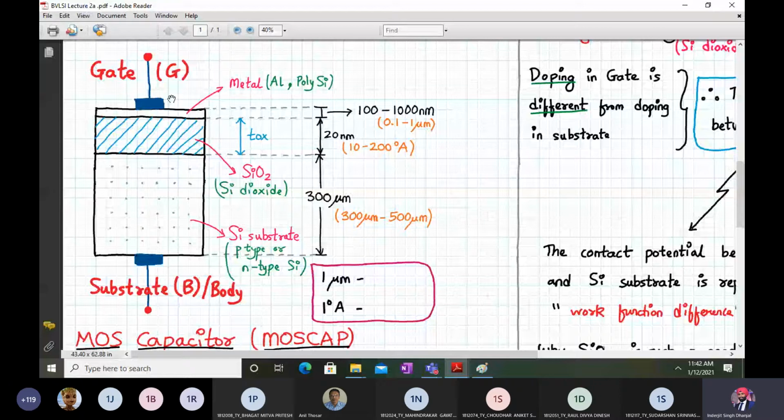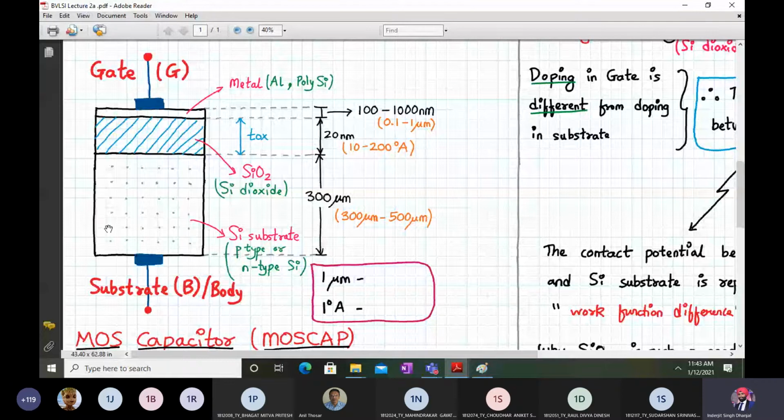So what we know so far about the MOS capacitor is that it is a two-terminal device and it is made up of metal, oxide, silicon dioxide, SiO2, and a silicon substrate. The substrate is the silicon wafer, also called the base. Now we know that the silicon substrate can be p-type if it is doped with trivalent impurities. If it is doped with pentavalent impurities, it is called n-type silicon or extrinsic semiconductor. So this silicon substrate will be either p-type or n-type.